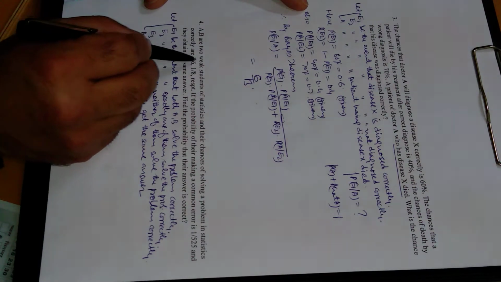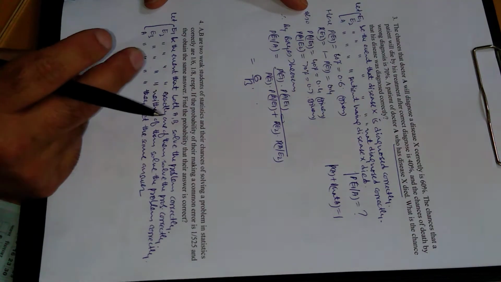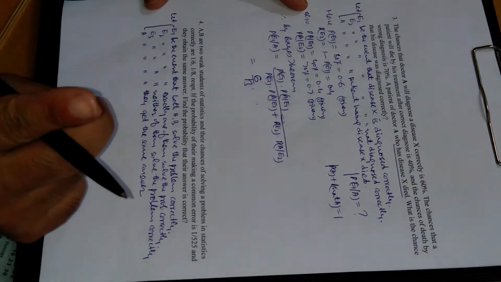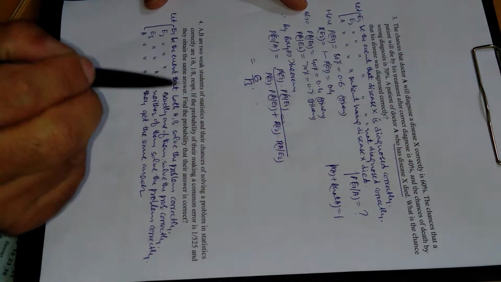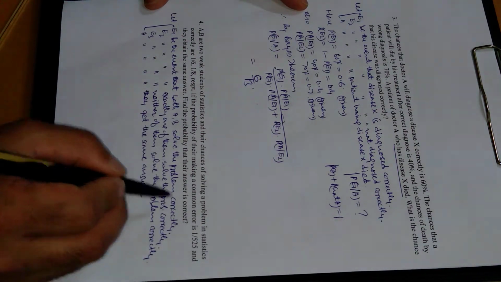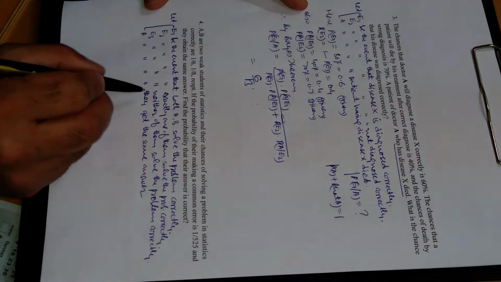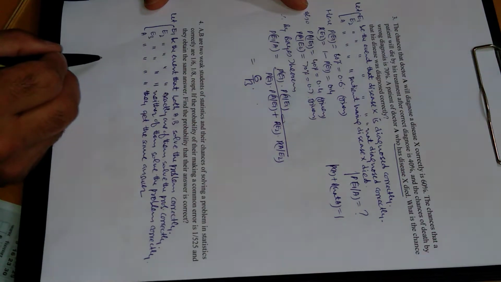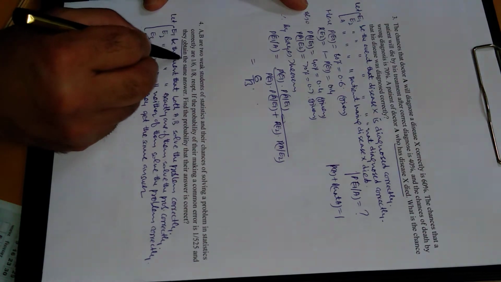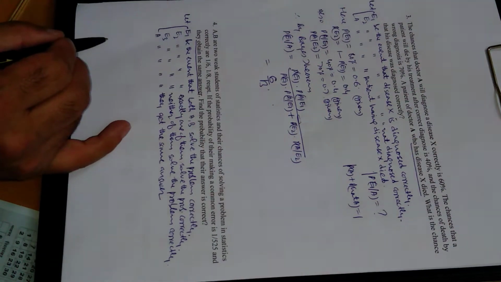So when two persons are solving a problem of statistics, there are three options. First option is both A and B solve the problem correctly. Second option is exactly one of them solves the problem correctly, and third option is neither of them solves the problem correctly. So let E1 be the event that both solve the problem correctly, E2 be the event that exactly one of them solves the problem correctly, and E3 be the event that neither of them solves the problem correctly, and A be the event that they obtain the same answer.